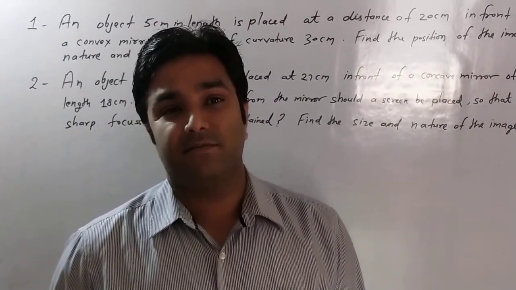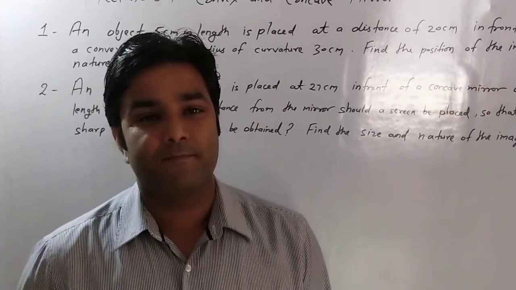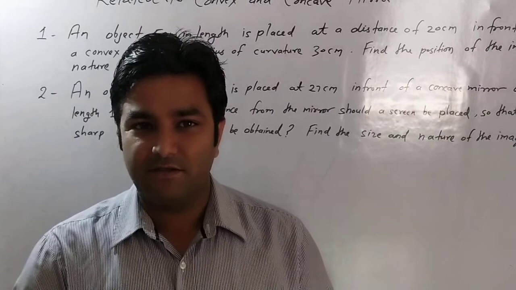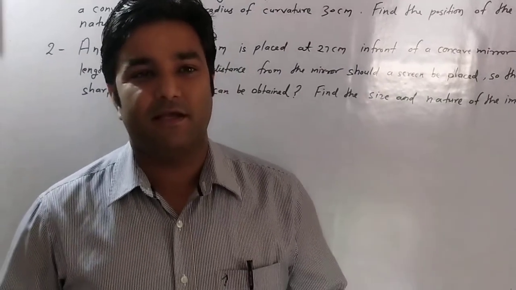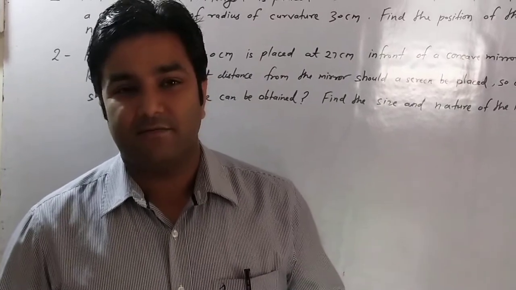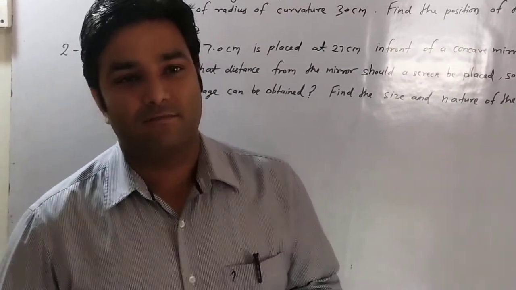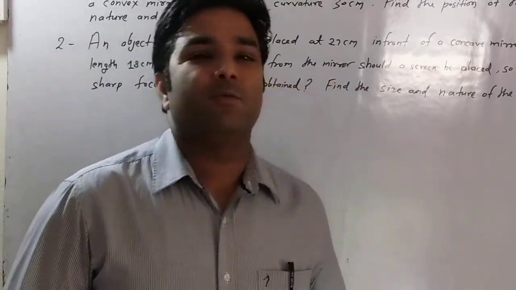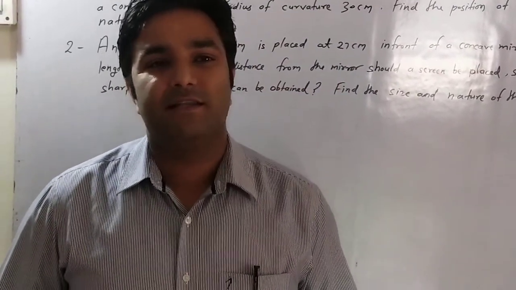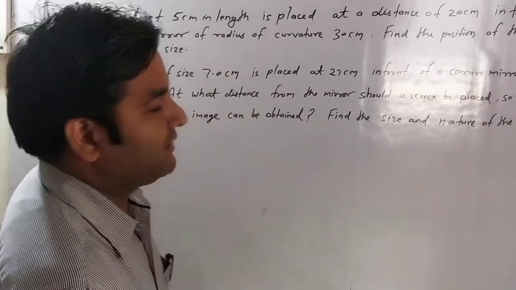In case of concave, the total cases are 6, but in case of convex mirror, only 2 cases. Know the position of the object, the position of the image, and the nature of the focal length, either positive or negative. Knowing each and everything along with the rules for image formation, there will be no problem in solving any numerical based on either convex mirror or concave mirror. Let's see the concept of these two numericals.